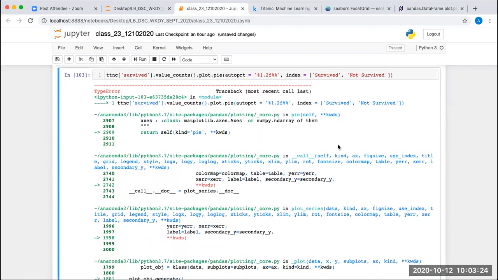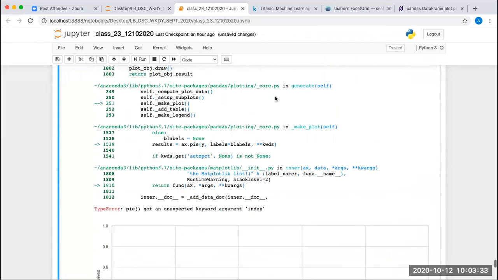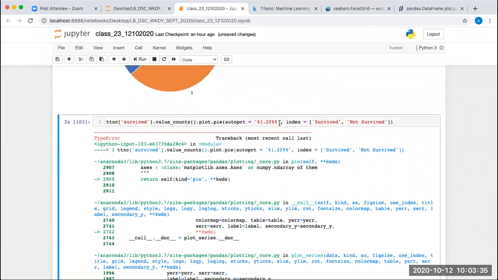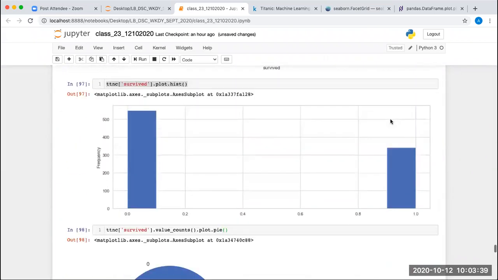You have to pass the values here. No. You have to change the value in the data frame, I think.